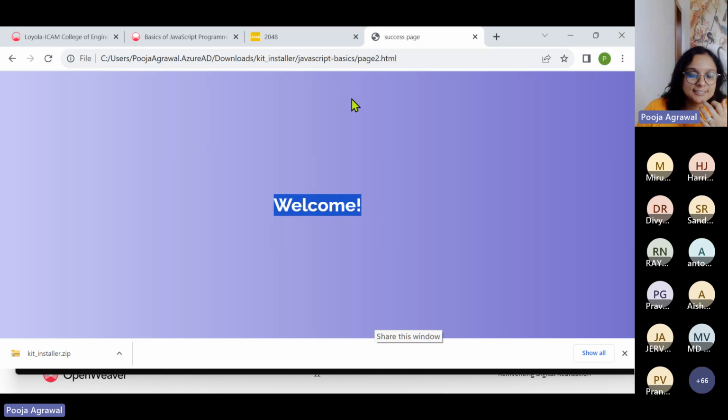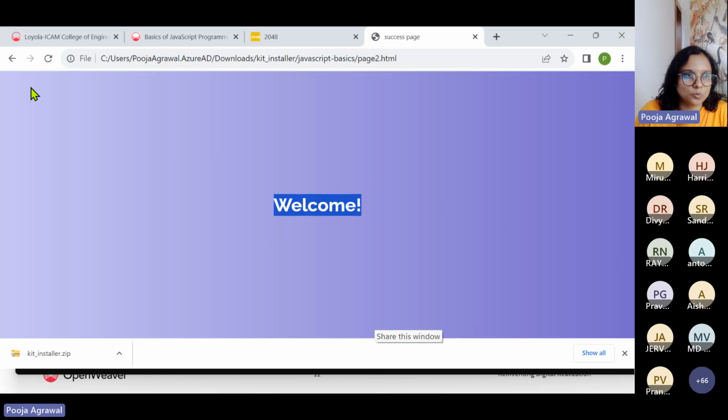What we can see here is that we actually have two simple web pages. One with the option to enter the username and password, which is hard coded as root. And then the same moves to another page, which shows a welcome message. You could do customizations on the background, etc. here if you would like. The point is the second page, which is your success page, is reached based on a click of a button and, obviously, the right values of username and password being entered to navigate to the second page. So a very basic program. We will quickly understand the basics of the code.